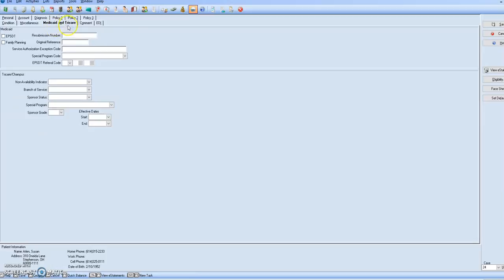and TRICARE tab. Very simply, the top part of it deals with Medicaid. Remember, Medicaid is a government insurance policy for those of low income. And TRICARE, Champus, is a government insurance plan for active duty service members that are in branches of the service. We're not going to really address anything in there for this book, though